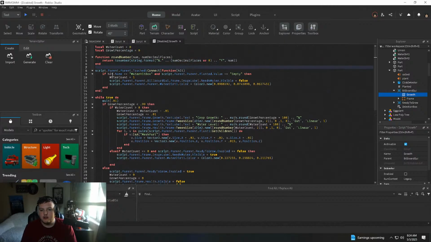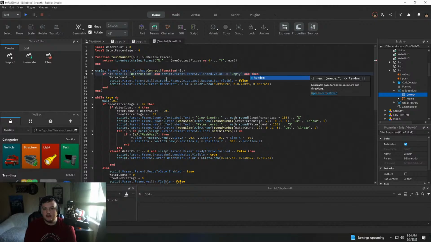So when we touch the water plot, it sets the water count from 0 to 1, indicating that there's now water in it. Problem is that it still does, even though it says if hit.name is water hitbox and script.parent.parent.planet.value is empty. So it's basically saying if the watering can is hitting the part and the plot is still full, it's still filling with water. So what we need to do to fix that is add an and, where growth percentage is greater than 1,